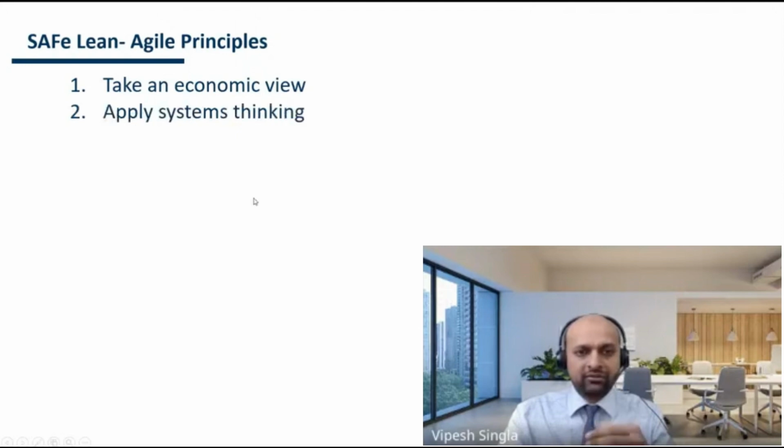Then the next principle is apply systems thinking. This principle encourages us to think about the system as a whole rather than focusing on individual components. So what does that mean is basically whatever